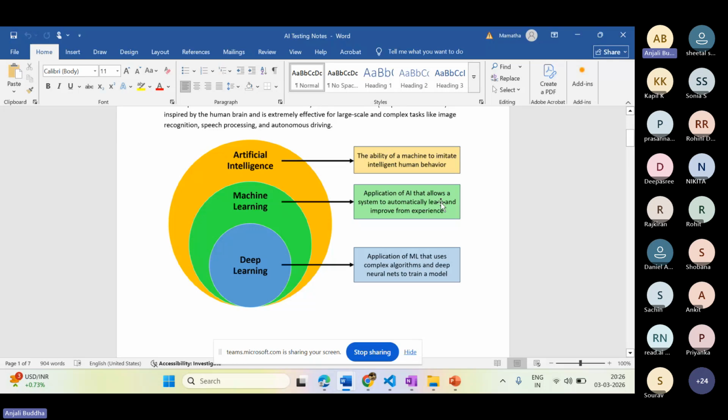Okay, then we have deep learning. As part of deep learning, we are going to use complex algorithms which can interact, meaning intercommunicate, with the data that we have provided, and it can help us give the exact outcome that we are expecting. Under deep learning, we can see the Gen AI models, the Gen AI tools we can use.